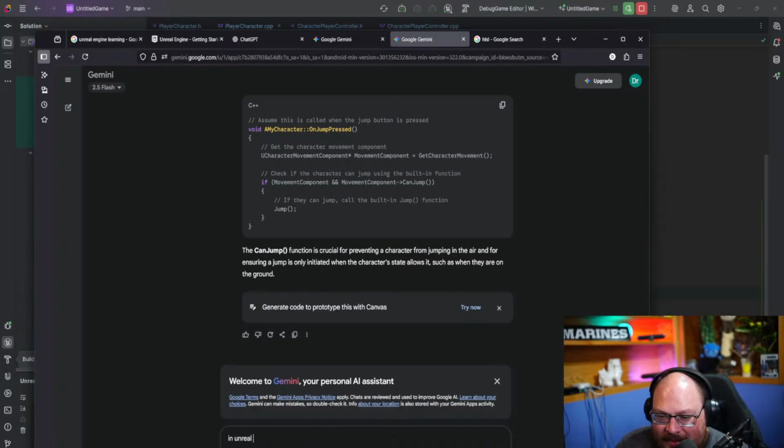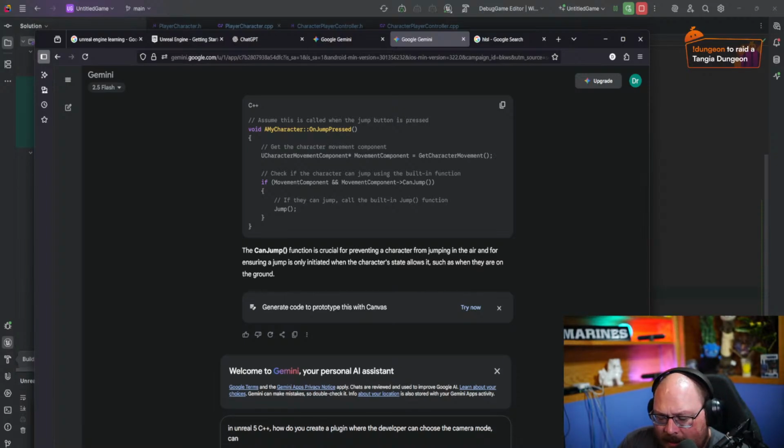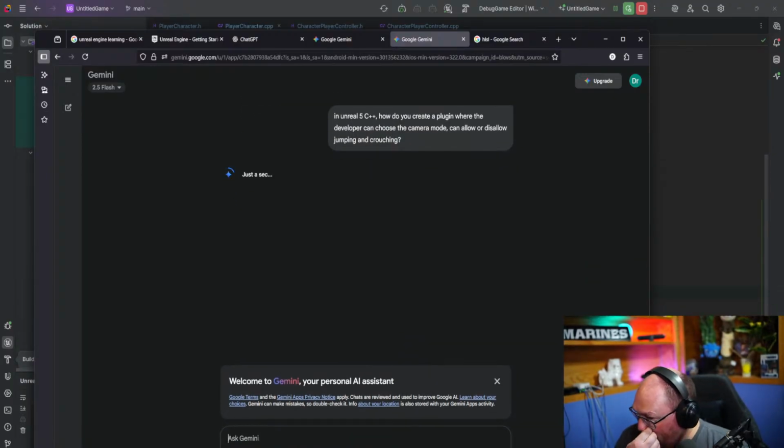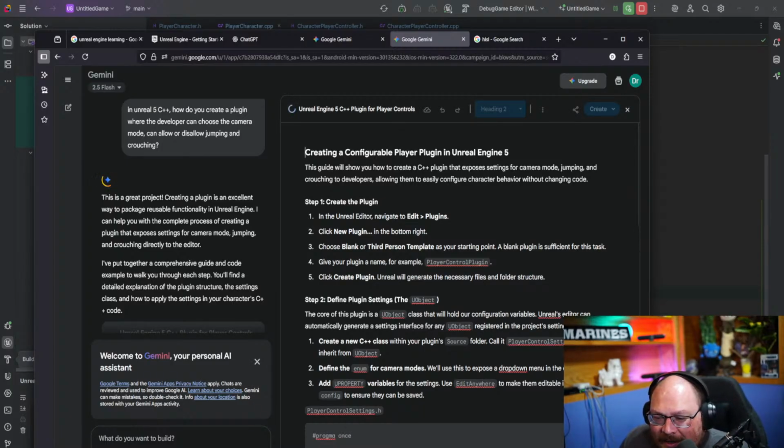Okay, so in Unreal 5 C++, how do you create a plugin where the developer can choose the camera mode, I guess, can check or can allow or disallow jumping and crouching. What the heck? Okay, so